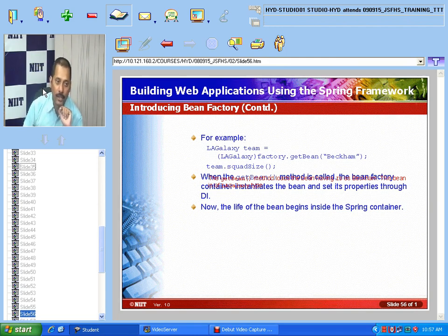In our slide example, the bean ID is Beckham and the class is sports.legacy, Lay Galaxy. So it creates the Lay Galaxy object: factory.getBean, and Beckham is the ID we are passing. This object is created at runtime, not based on the XML file, so we get a loose coupling type of implementation.